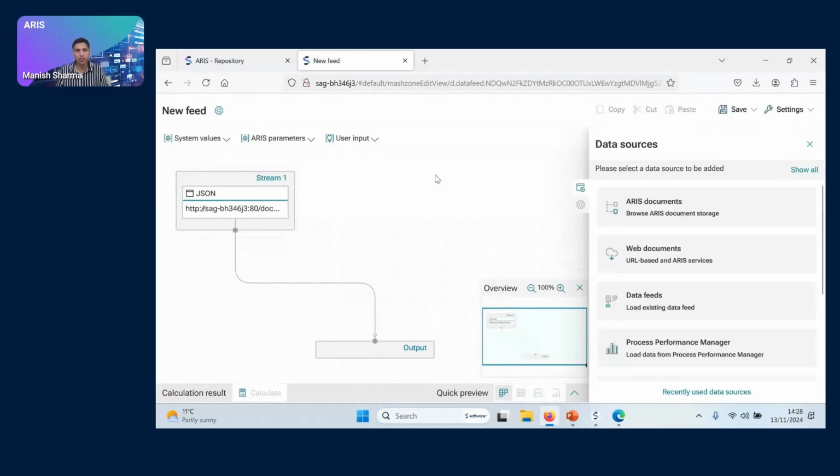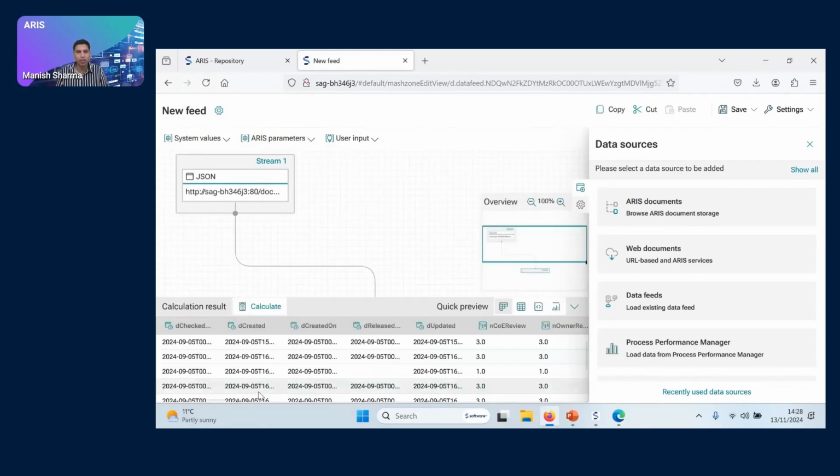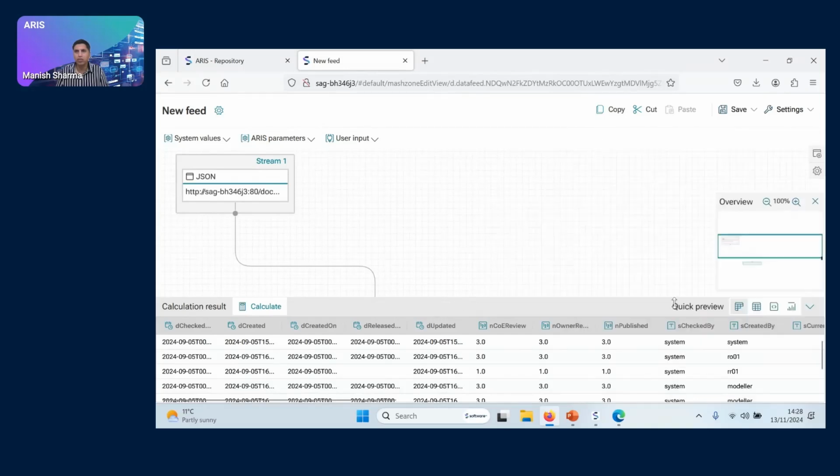I clicked on it twice, so it added two. Anyway, so that's the first file which it has picked up, the JSON file, and it has clicked to the output. If you were to see what's in the JSON file, you can click on the output and you can calculate, and it would show you this information as a table to say, okay, this is what's in that particular JSON file. So it's got a number of calendar entries or timestamps, and then it's got some things related to the